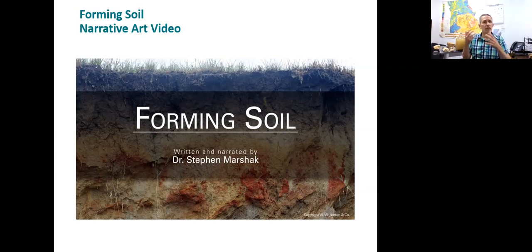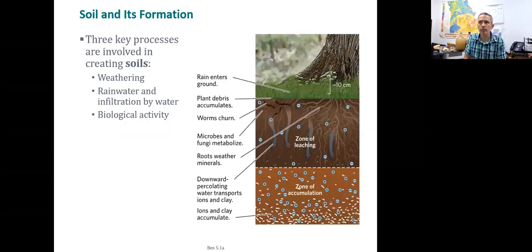Now, soils are different than sediments in that soils contain organic material, mainly bits of rock and sediment, but also the organic material as well as air and water. And so when we start looking at soil, it contains that organic material as well. Now, when we start looking at weathering, which we've already talked about this chapter, breaking down the bits of rock into smaller bits,